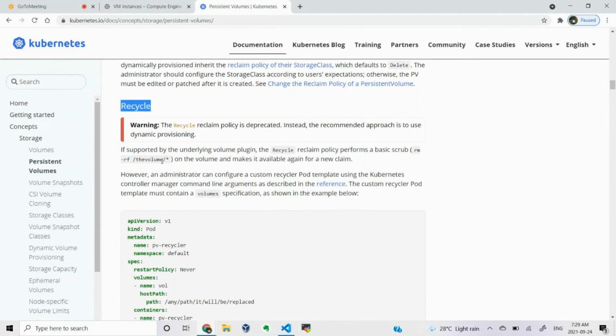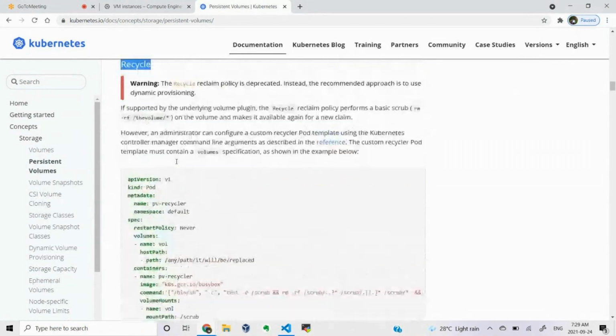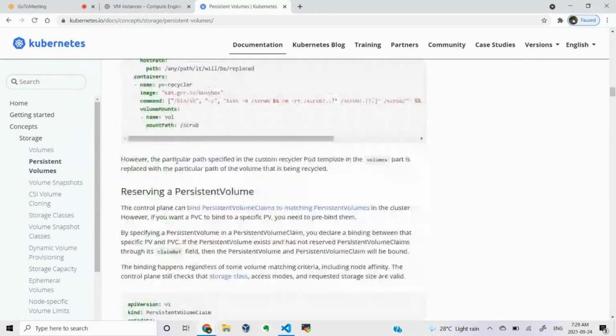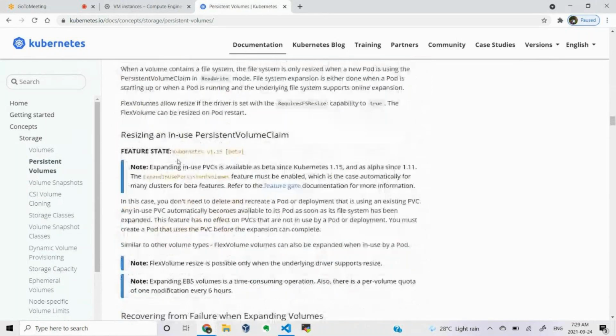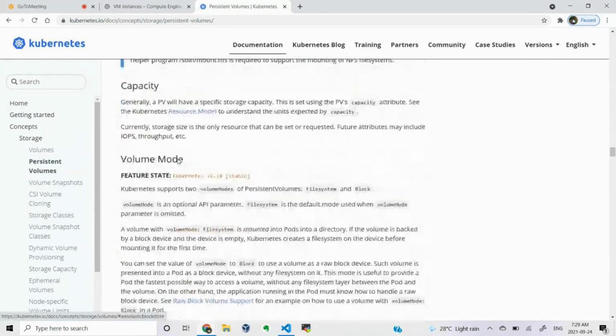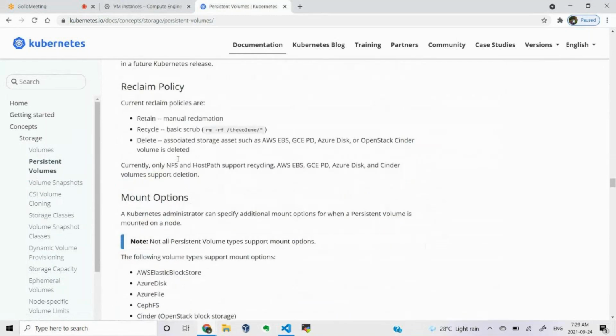But not all backends support this recycle policy. There are certain storage backends which don't support it. We'll look into that, to show which are supported and which are not. If you want to use this recycle policy, it is like a scrub.